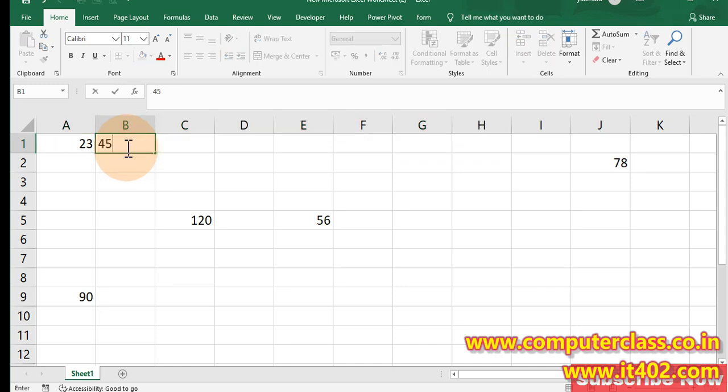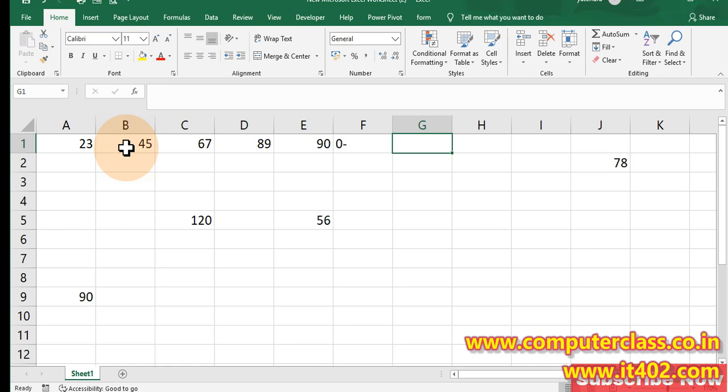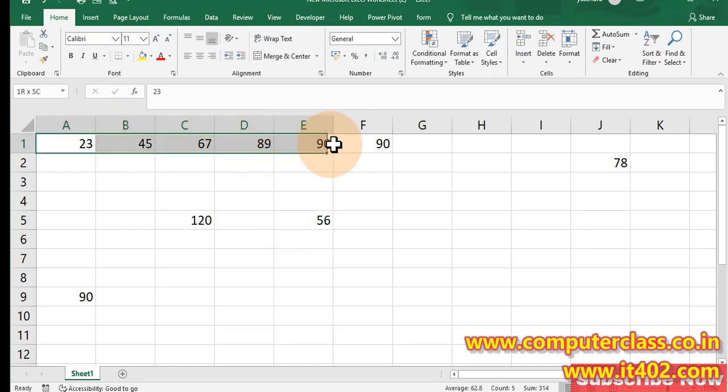Suppose I write some numbers here. These numbers are in a sequence. This is row number 1 and all the numbers are between A1 to F1.